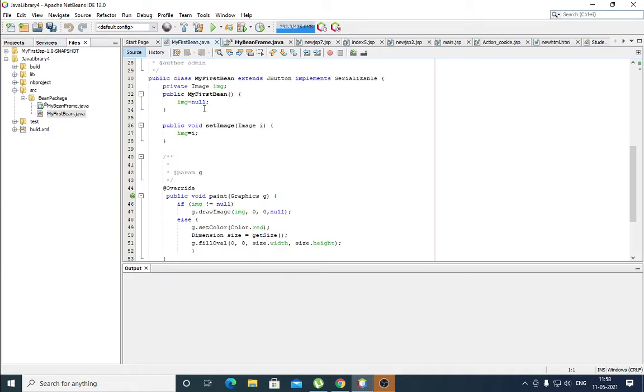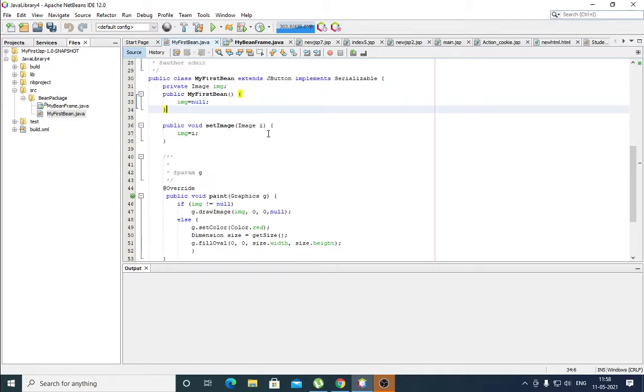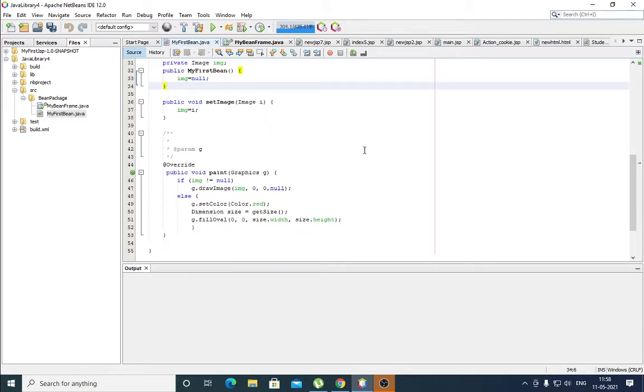Then private Image, public no argument constructor MyFirstBean, image is equal to null. Then public void setImage, image is equal to i. Then public void paint Graphics g. You know the applet code. If image is not equal to null, g.drawImage(image, 0, 0, null).